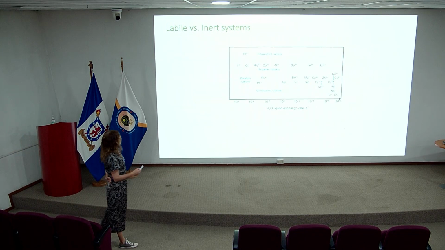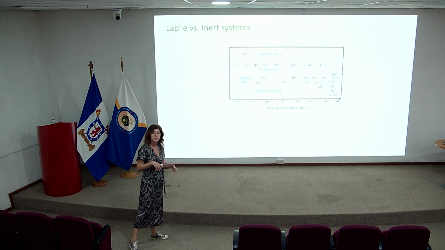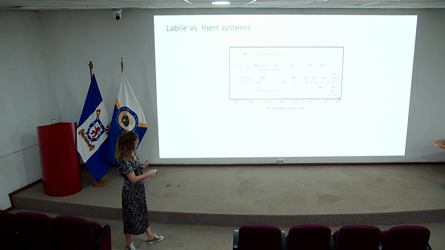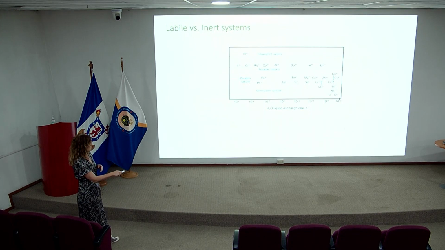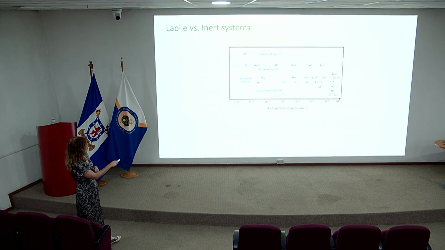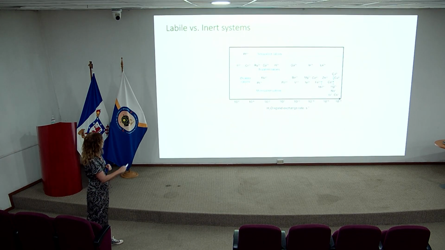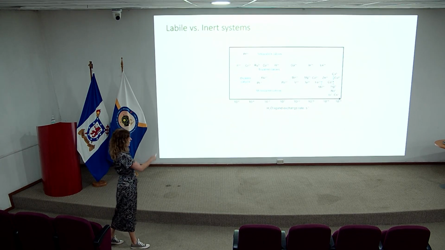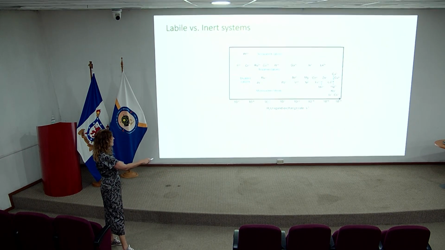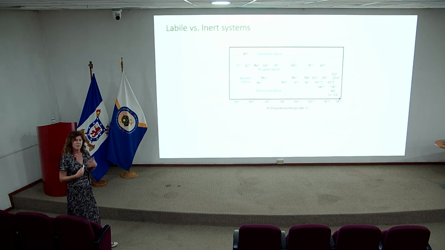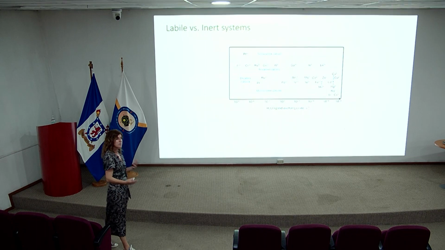In this table, and typically to measure lability, what is done is to evaluate the water exchange and to measure the rate of this substitution. And you can see that, for instance, platinum, both in the +4 or +2, are inert, so they have a low rate of substitution, while, for instance, copper, zinc, iron 2, nickel 2, they are all labile systems, so they exchange their ligands very easily.